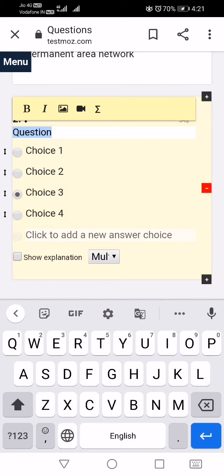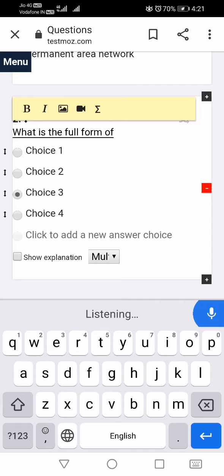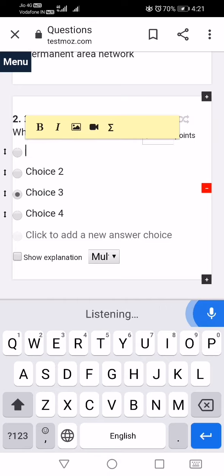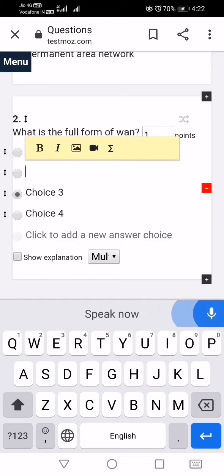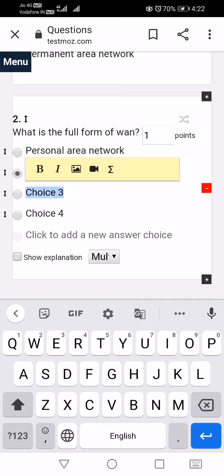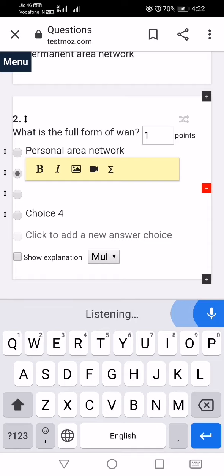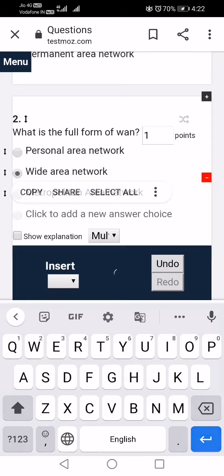So insert a new question, again a multiple choice question. You can select it, and the third choice is, now the fourth choice, select it and just click on the delete option.